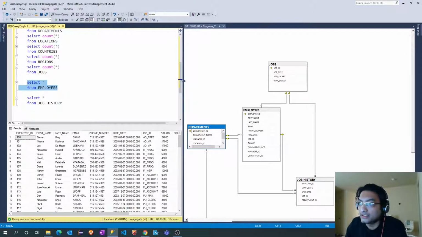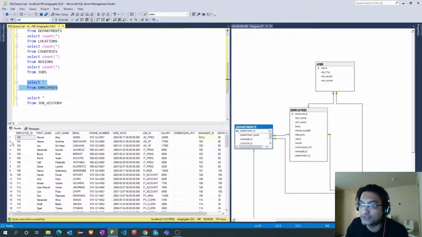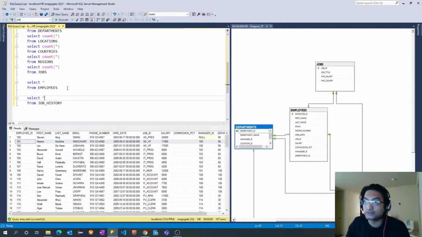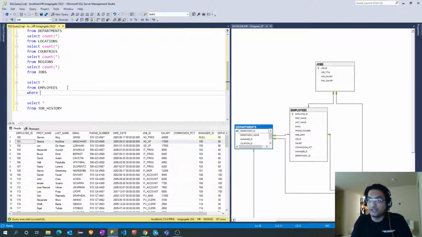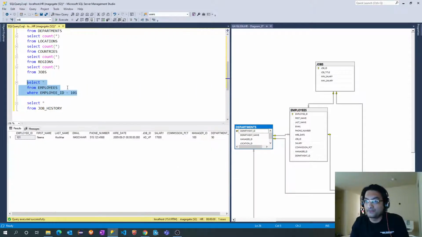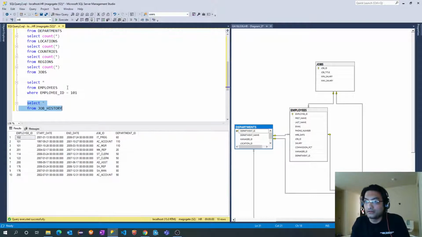Over here, let's take the example of Nina Kochar. She is there in this employees table right now. Let's filter out her data where employee ID equal to 101, and I will use the same filter here, 101.